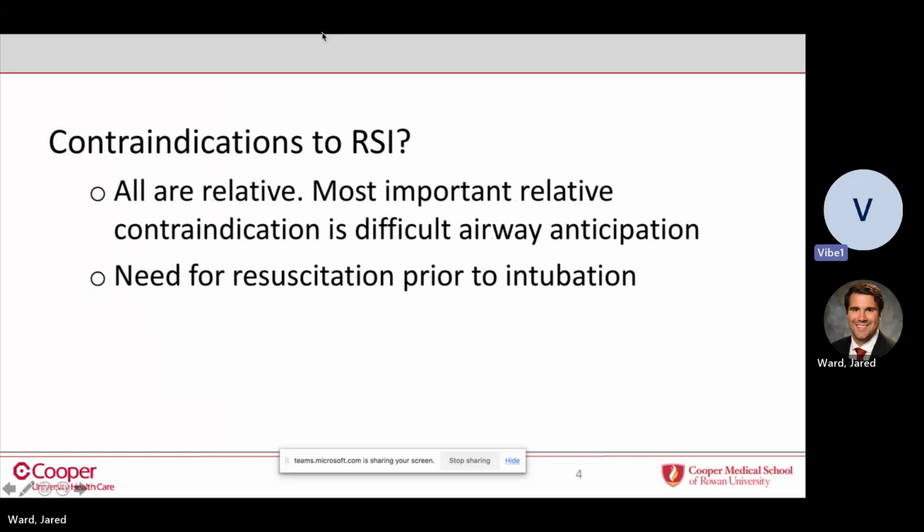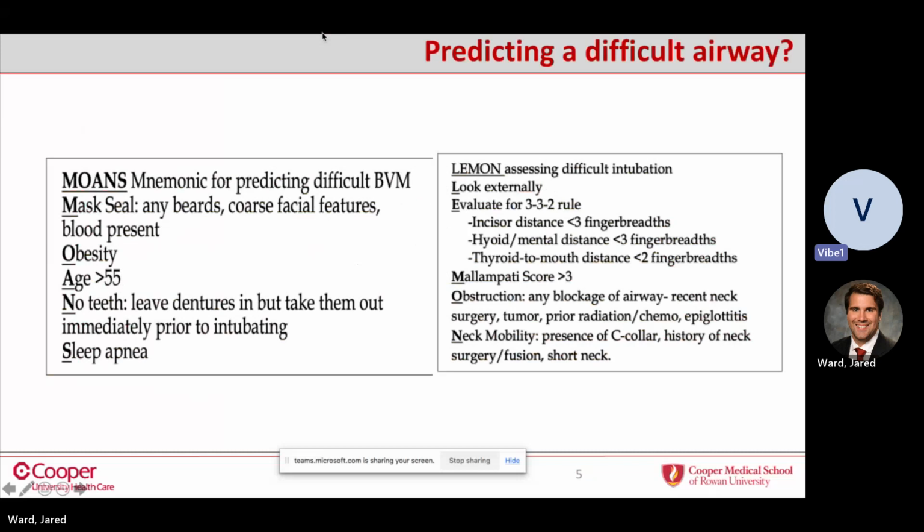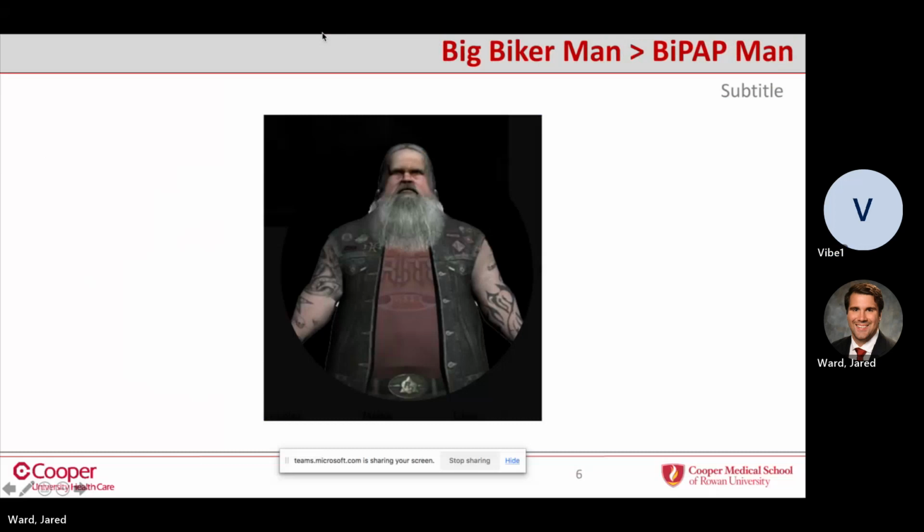The other one is when you look at this patient and you're like, holy crap, you are an airway nightmare. Like that is a contraindication to RSI. So how do we predict a difficult airway, right? There's all this LEMON and MOANS and this and that. And I think about it more like big fat biker man, right? If you got a big fat guy with a short neck that's all furred out with a ton of beard